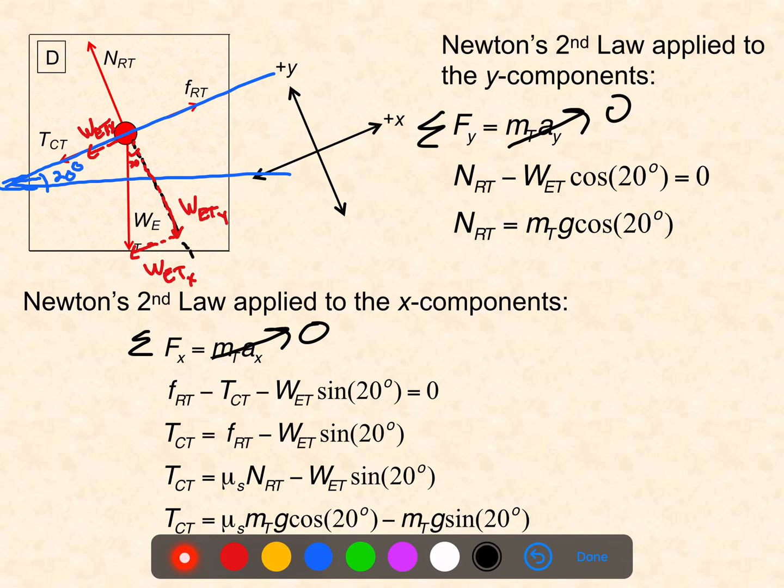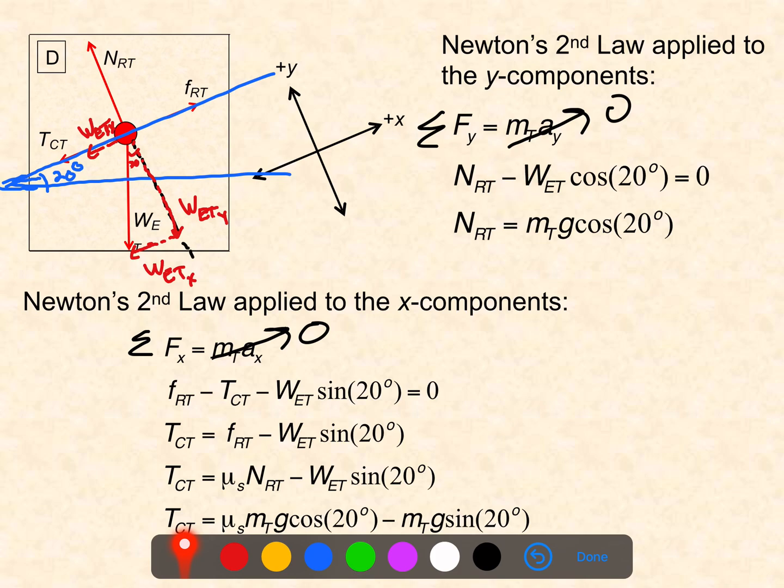Then I need to make sure that I add into my sum on the left-hand side all the forces or components of forces that are acting in the x direction. As we argued before, these two forces are totally in the x direction, so I don't need to do any resolution of them. All I need to do is remember to include the correct sign, just like I included a